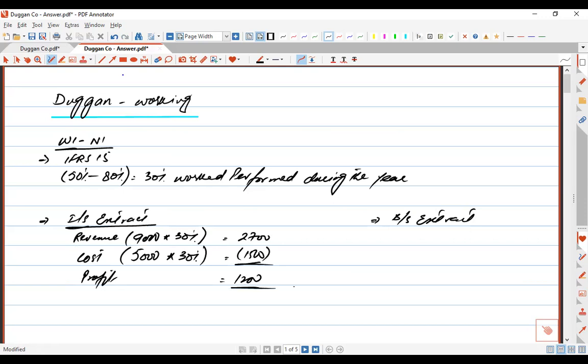By the way, let me recall other things from this IFRS 15. There are actually two methods to deal with long-term contracts. The contracts whose obligations are satisfied over time are simply termed long-term contracts, and to deal with them, IFRS 15 guides us two ways: the output method and the input method. Output method is based on the work certified, whereas input method is based on the cost incurred to date. So there is a basic difference between these two, and in this question we are calculating using the output method of the long-term contracts.